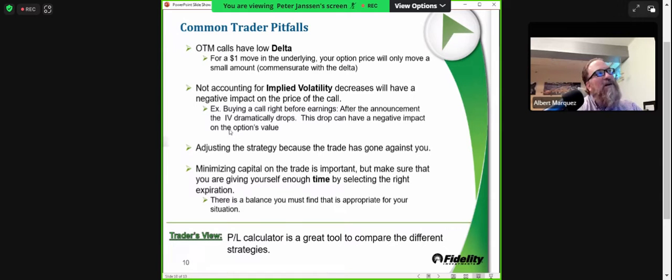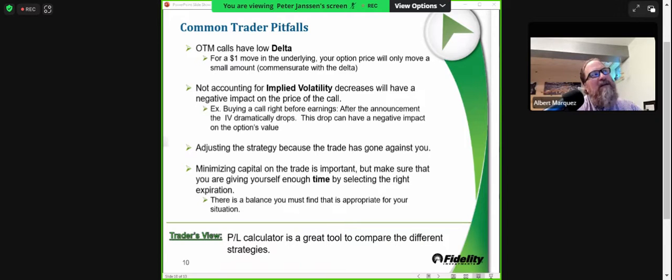Yeah, I think there are a couple of important things here to take a look at, and we'll jump into the demo shortly. But remember that out of the money calls have a low delta, right? Now, the allure, again, getting back to why people buy options or calls specifically versus the underlying, is of course the less capital outlay. And to take it even a step further, a lot of people are attracted to those low priced options because, hey, I'm only spending $100, or $200 for this particular option. That's the most I can lose.